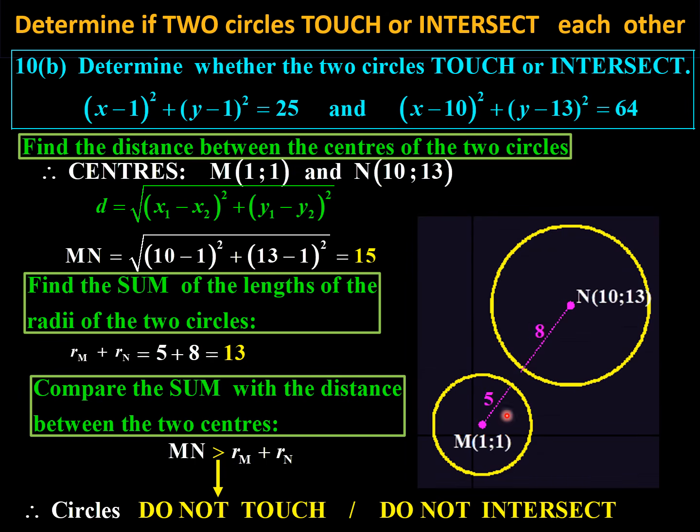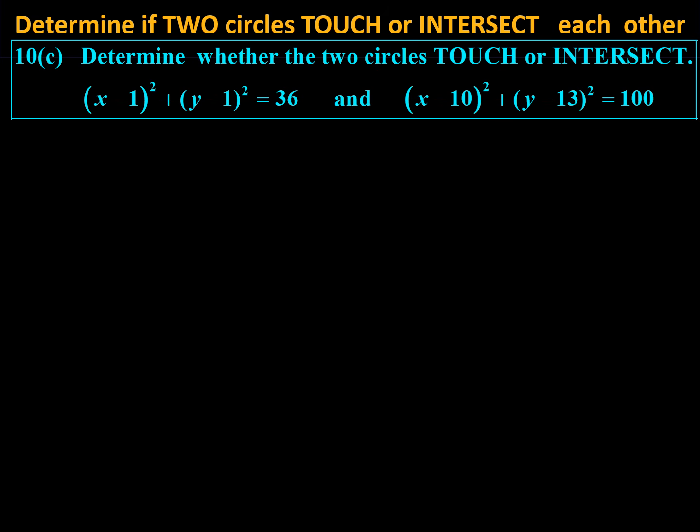Can you see that is 5 and that is 8, but the distance there was 15. So that 15 is more than the sum, you see there's an extra 2, a gap between them. Therefore the two circles do not touch each other. So if the distance is greater than the sum of the radii, then the circles don't touch each other. Let's look at the third pair of